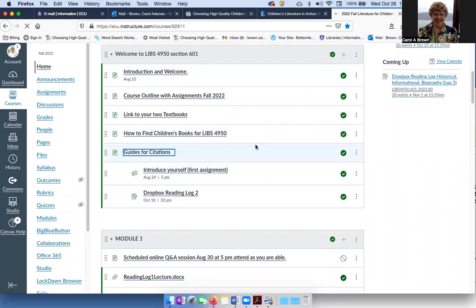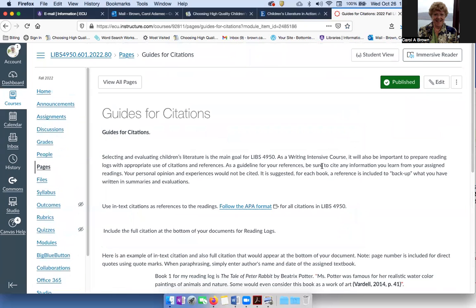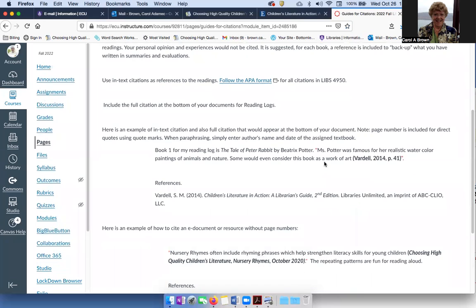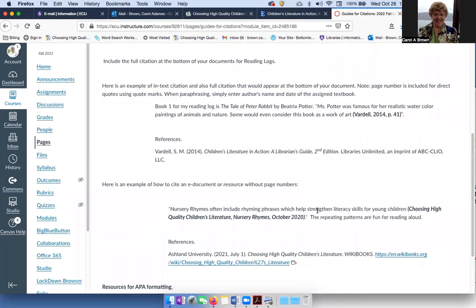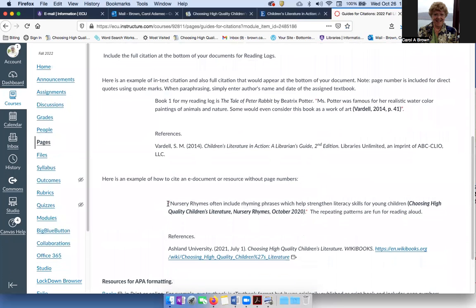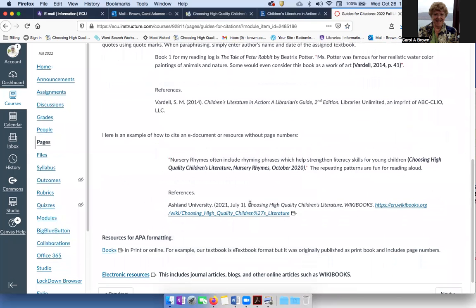Right here, you click on that and remember, you've got examples and exactly how you do it. Very simple. This one you can almost copy right here, choosing high quality children's literature. You can almost just copy that as long as you cite it properly in your reviews or summaries themselves.